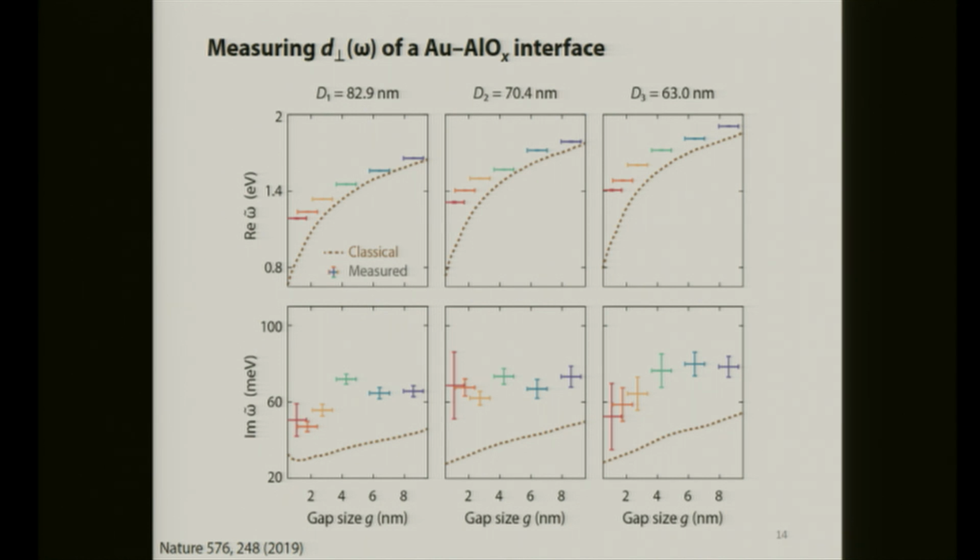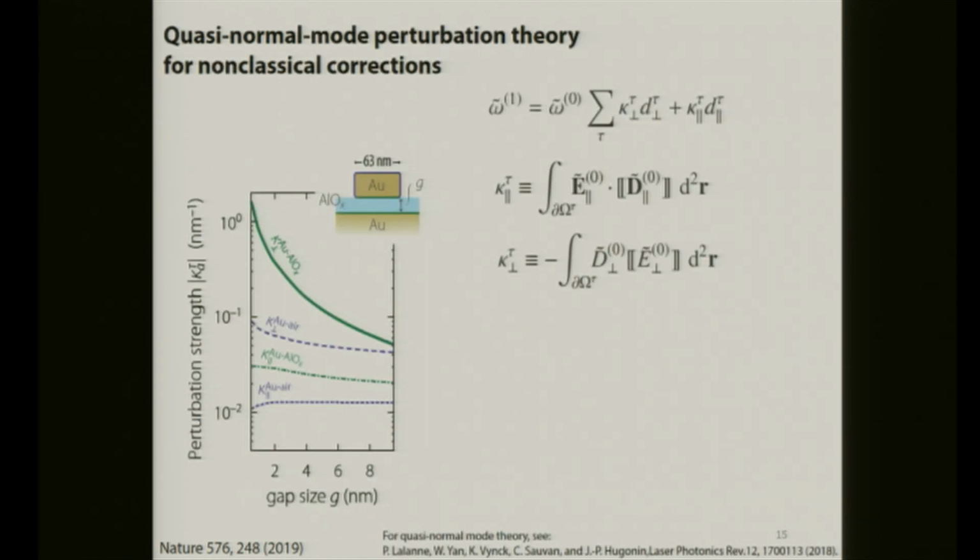Because if you look at the difference between the data points and the classical prediction, you find that the largest spectral broadening does not happen for the smallest gap, which indicates the breakdown of the Kreibig broadening, which states that the smaller your feature size is, the bigger the broadening. And we need to explain why this happens. So to explain this spectral feature, we developed this quasi-normal-mode perturbation theory